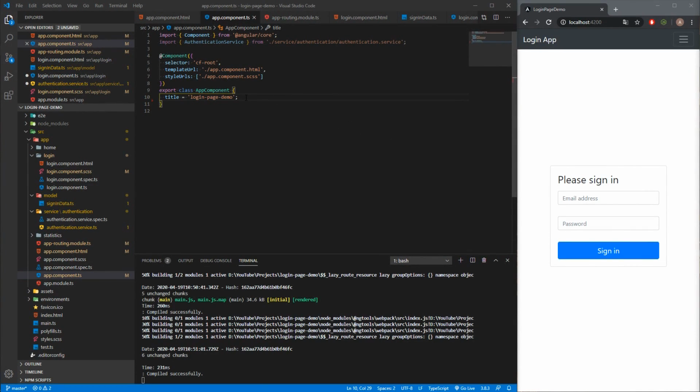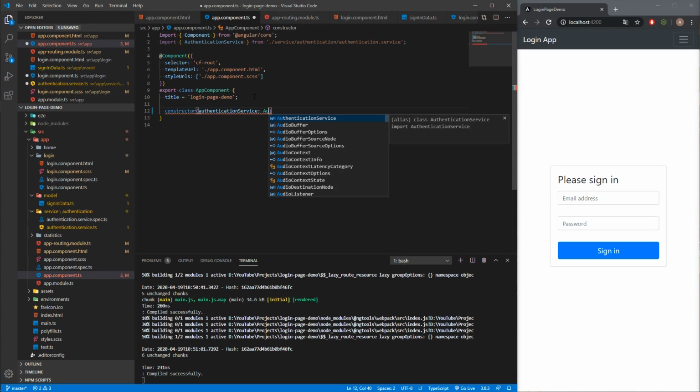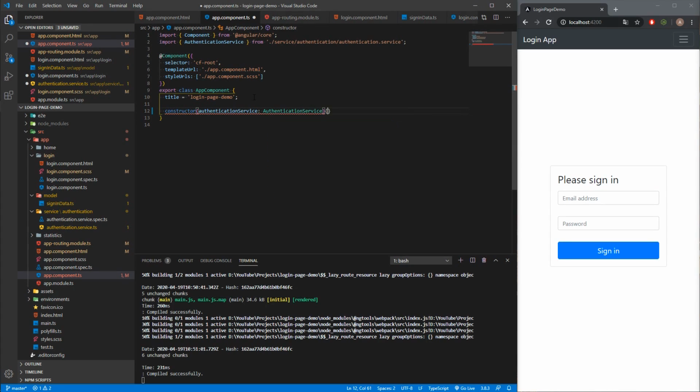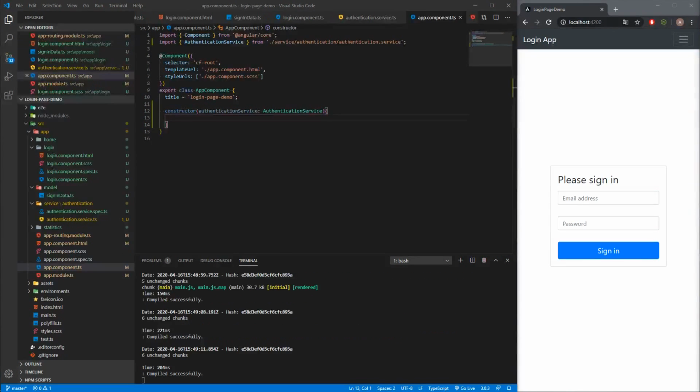Over here we have to create a constructor in the first place, so we say constructor, and we want to inject our authentication service, so we say authentication, which is the type of authentication service. By the way, it should be public, so we say public. And now we can take this authentication service, copy it,